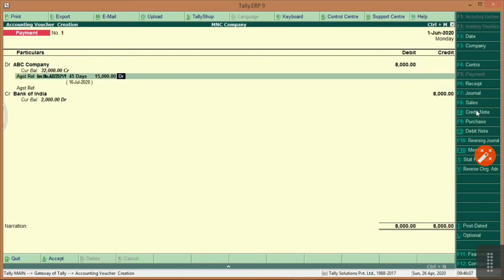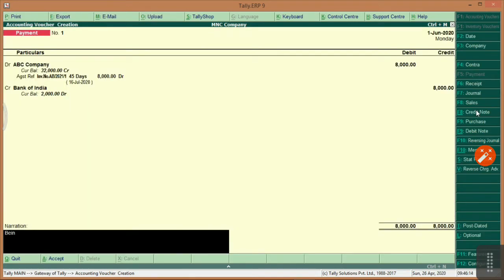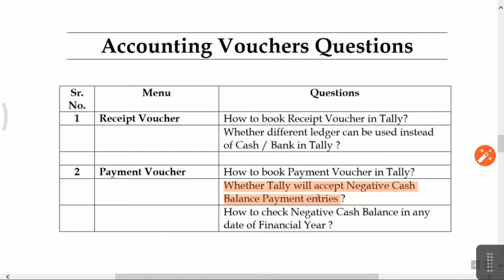Bank of India, in payment to ABC company against bill number. Okay, done.